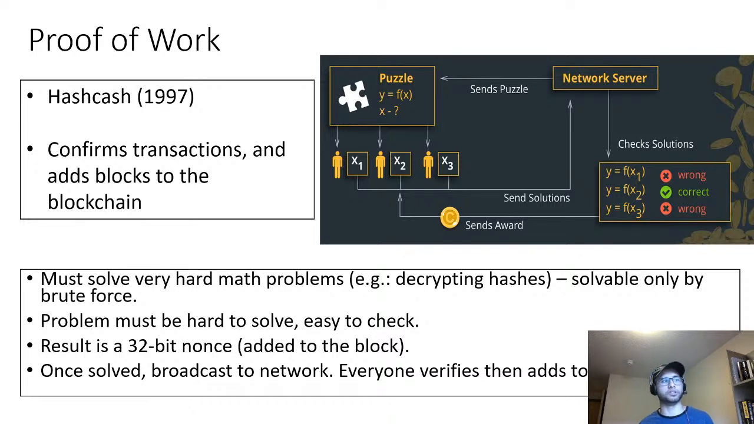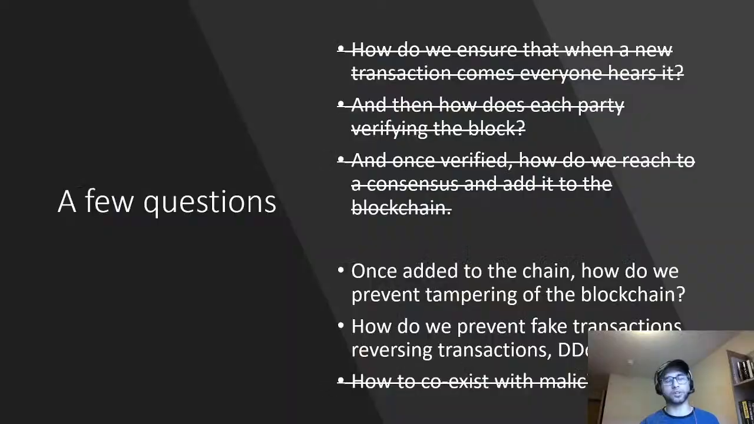I am a big fan of game theory, and this is the optimal game theory situation where everyone wins. So now we have answered a lot of these questions. We figured out how everyone hears about a new block, how to verify it, and how to make sure everyone comes to a consensus. We figured out how to disincentivize people from doing a distributed attack. We still have two questions: how do you prevent tampering, and how do you prevent fake transactions? In a way, proof of work does some of this, but I'll talk about that in the next slide